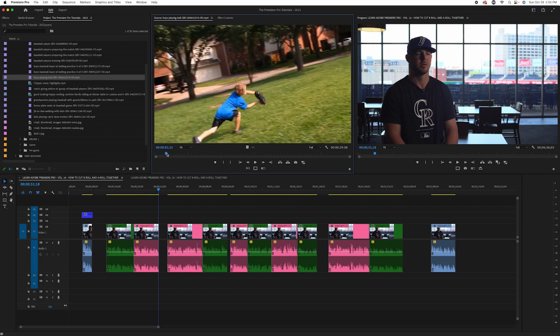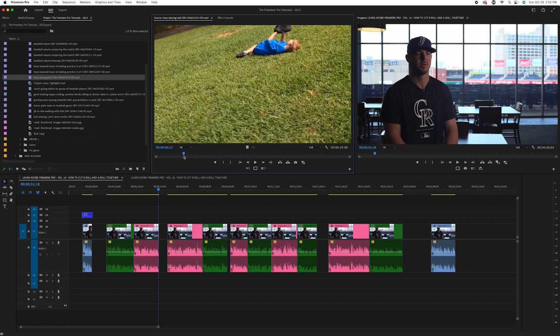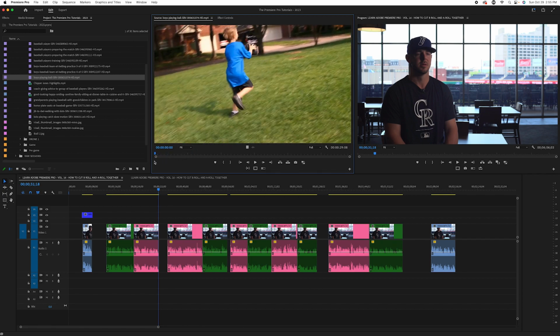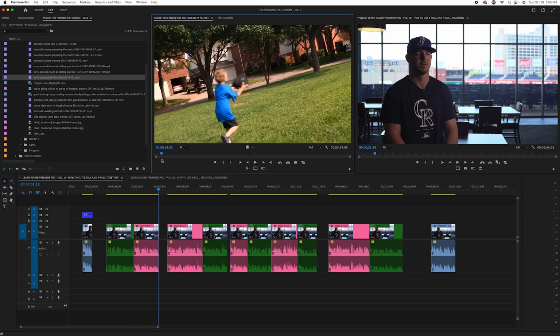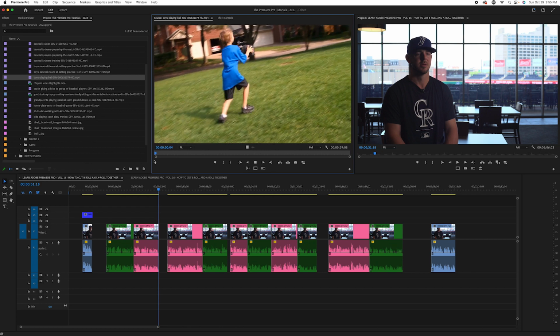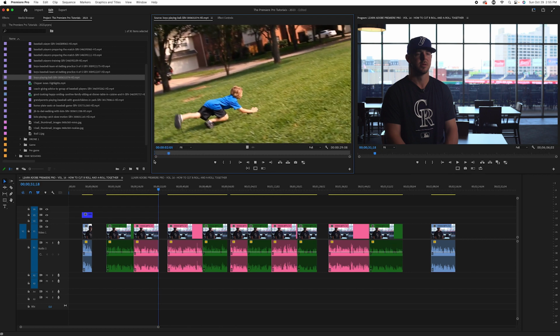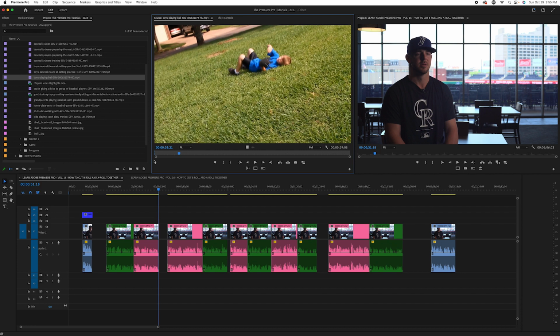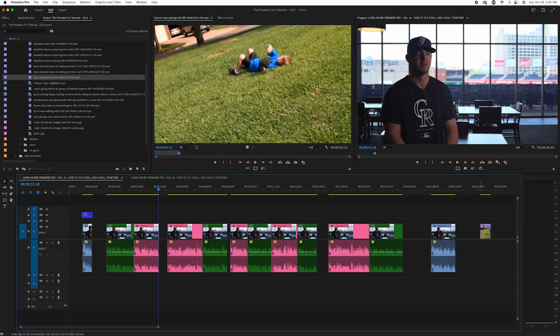All right, so we have a kid playing here. So let's select a little piece there. What we're going to want to do is select it, and then listen again and really listen for what we selected that's going to match. So I'm going to do an endpoint here. Catching the baseball, rolling on the ground, good out point there. Going to drag that. And again, I like to drag it just to the end of the timeline